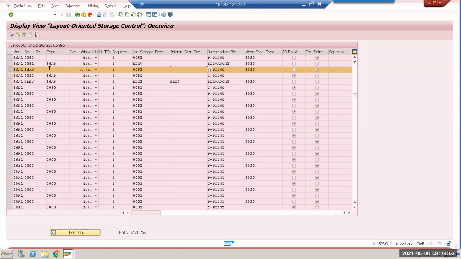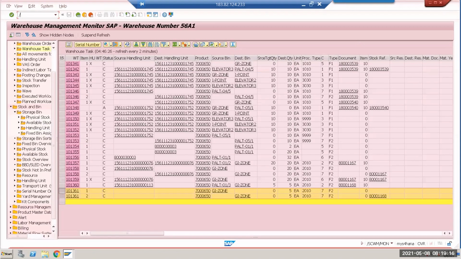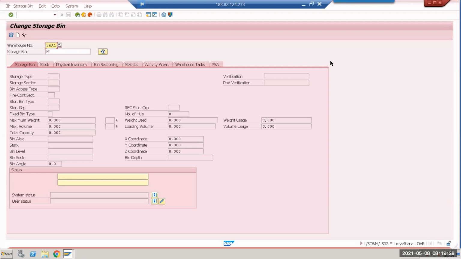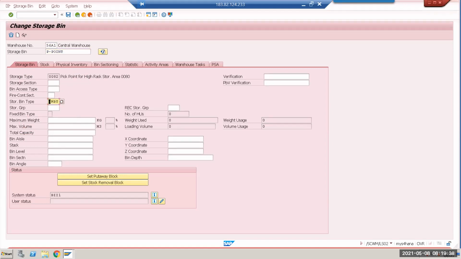56 AP. It should go to 82. I think the bin cannot include it in my instance. Let's see. Raju sir, can you mute everyone? So LS02 pick point. So here, let's see. Okay, not do it.